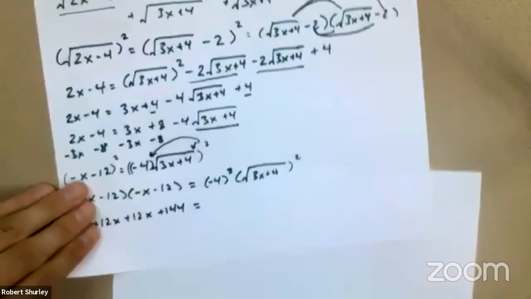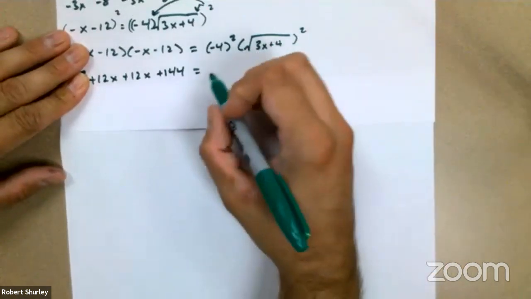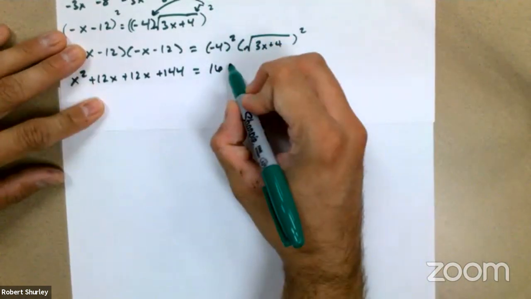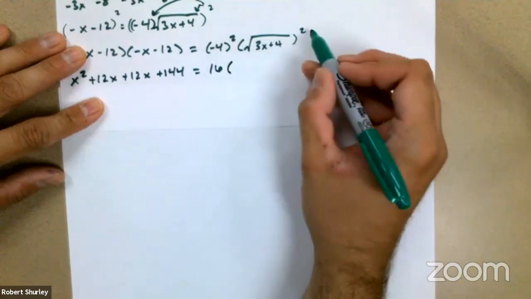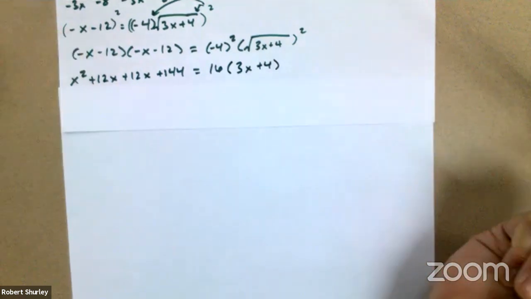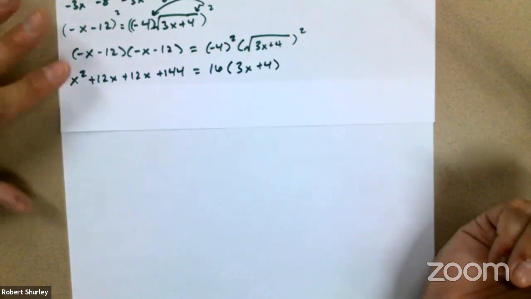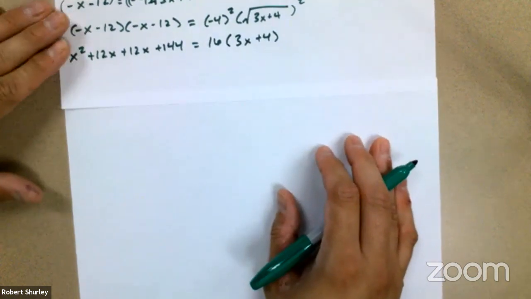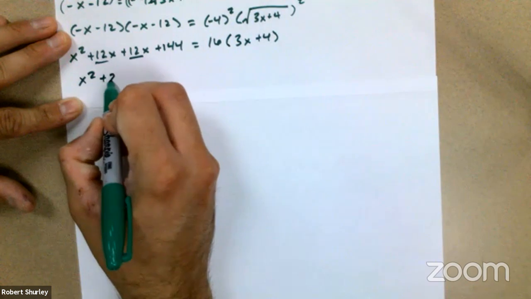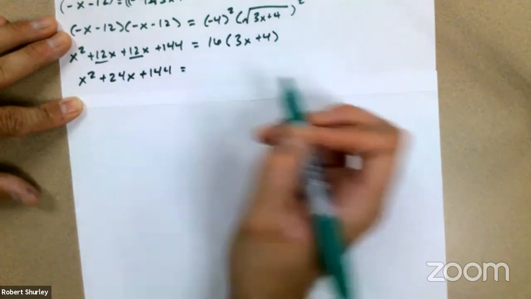Okay. Give me some more paper going on right here. Extending the page. And on the right, negative 4 squared, that's a positive 16. Times, now this square and square root go away. 3x plus 4, that just goes away. I'm going to add these two on the left, so I get x squared plus 24x plus 144 equals,